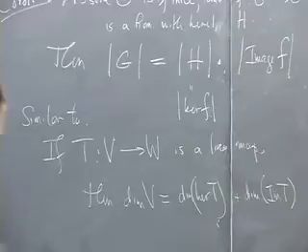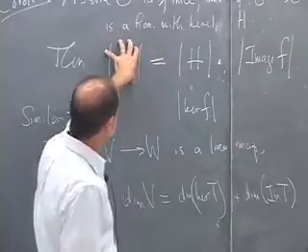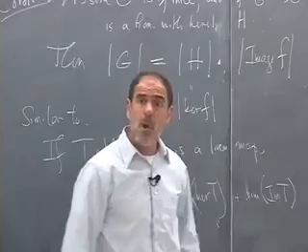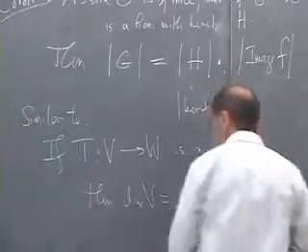You have a group homomorphism. It splits the order as a product of the order of the kernel and the order of the image. That's why, corollary,